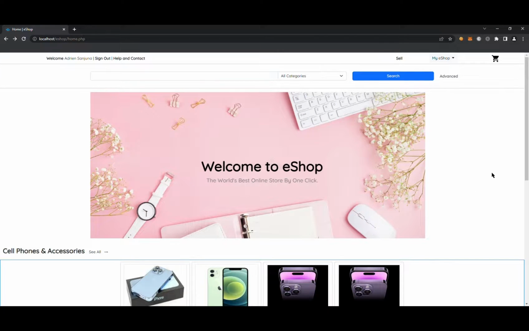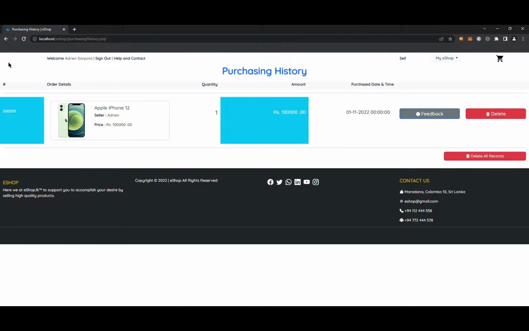So in today's video we are going to be discussing how to design a purchase history page using HTML, CSS, Bootstrap and JavaScript. So let's move on to our purchase history. We have in our header a drop down, and in that drop down we have our links. We click on purchase history, and here we have our header, and here we have our